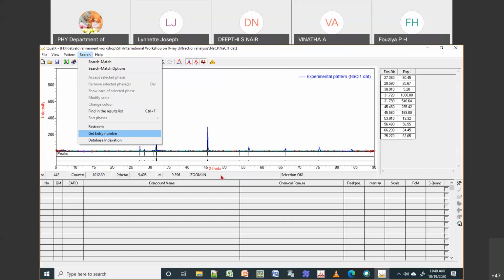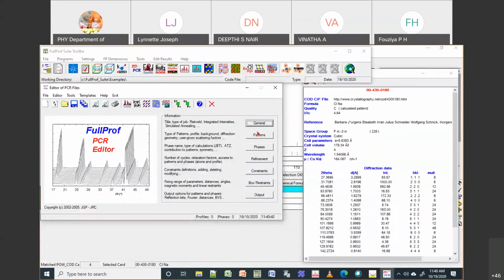You can also do it with SIP, but in this case I will do it manually. So for NaCl, you can give it or just leave it empty. It doesn't make a big difference. Then pattern, I will add a pattern. So data, mine is XY data. So you should be careful.